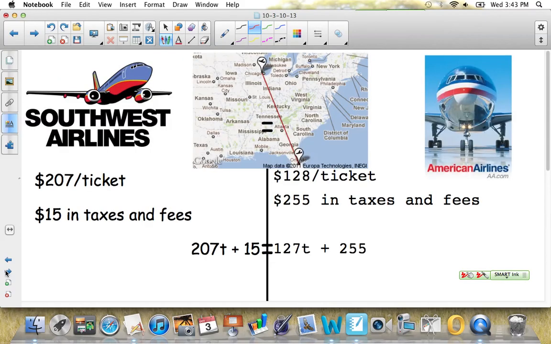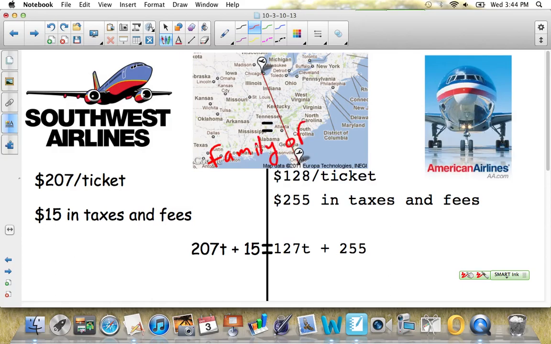all right, let's say that you are flying from Chicago to Orlando over Christmas break, all right? You're going to take a little vacation. Now, in either case, if I fly Southwest or if I fly American Airlines, the trip is equal. It's the same distance. Either way, I'm flying from Chicago to Orlando. So I want to find out at how many people would this be equal. So in other words, if I have a family